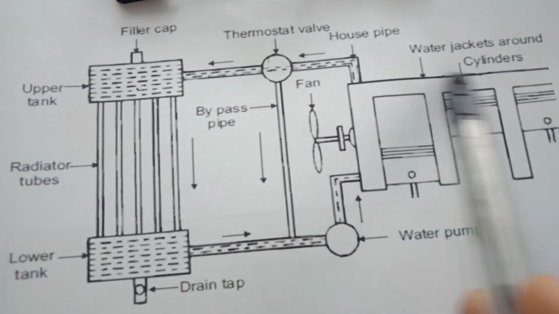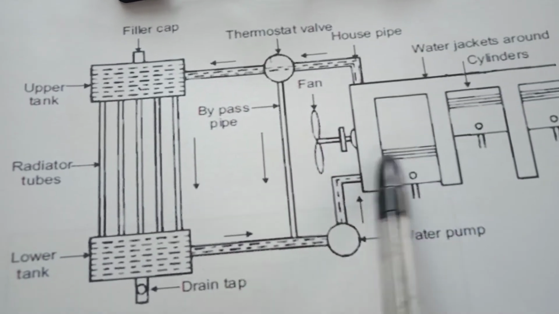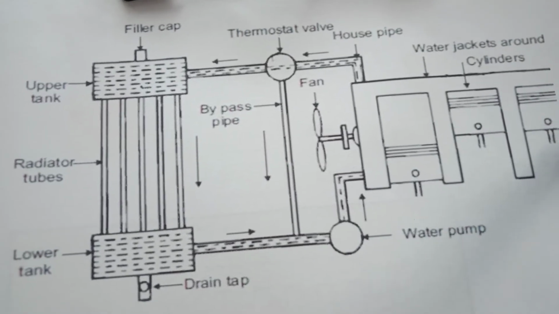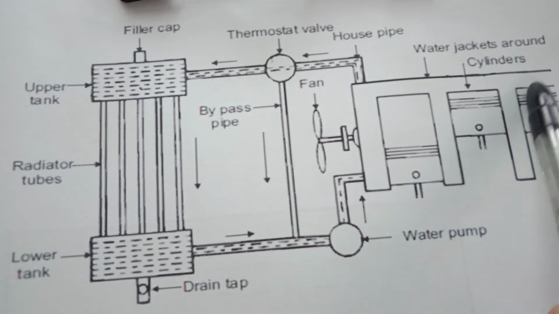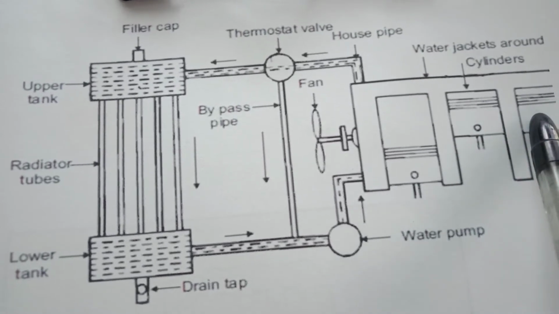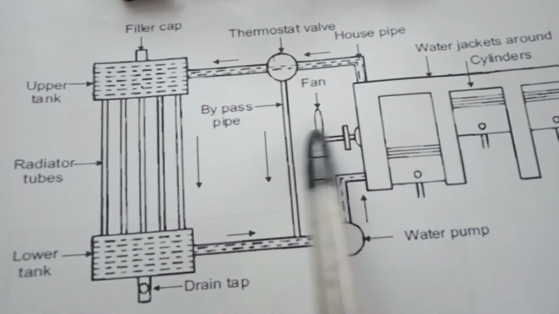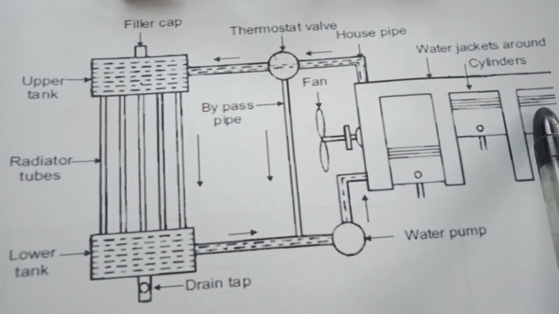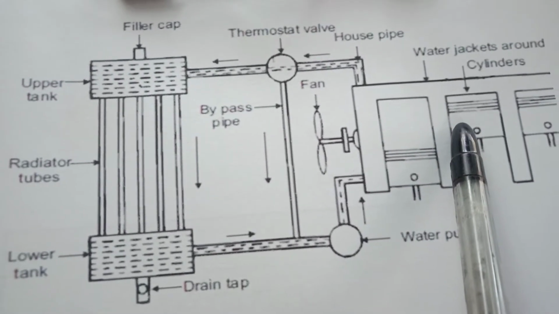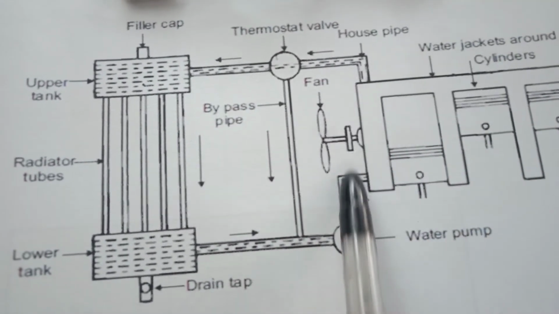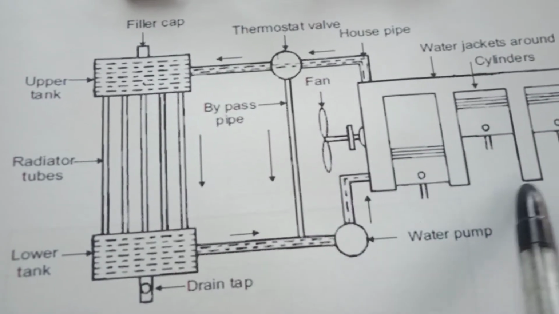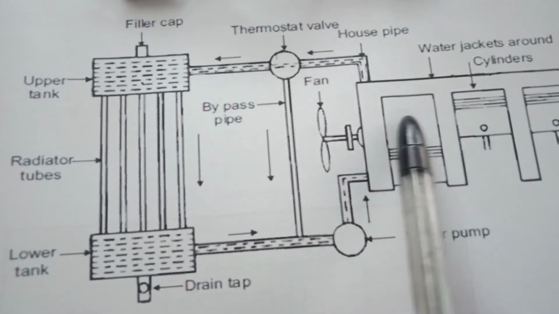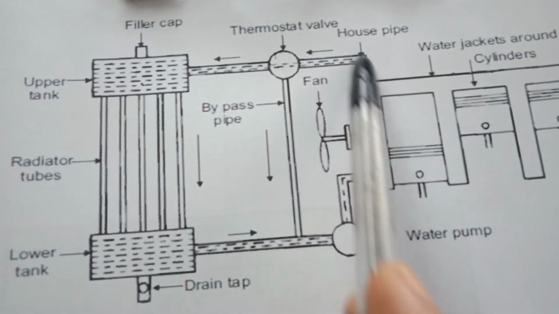So there is an uneven cooling problem in the air cooling of a multi-cylinder engine. There is a chance of seizure due to the increase in temperature of piston number 3. Piston number 3 will seize because there is no direct contact of air with it, and its temperature will be abnormally high as compared to pistons number 1 and 2. So this is the problem of uneven cooling of a multi-cylinder engine. To avoid this problem, we develop a water cooling system.